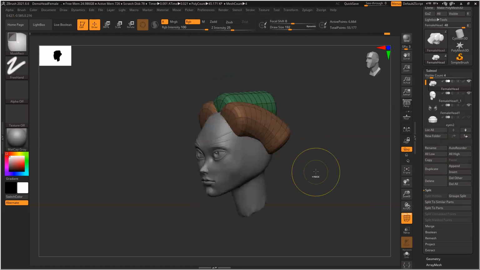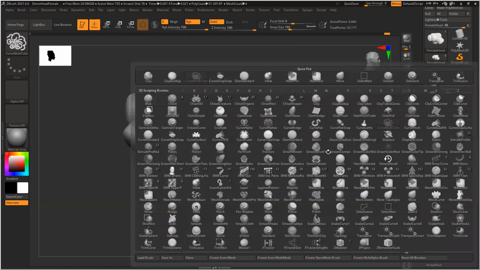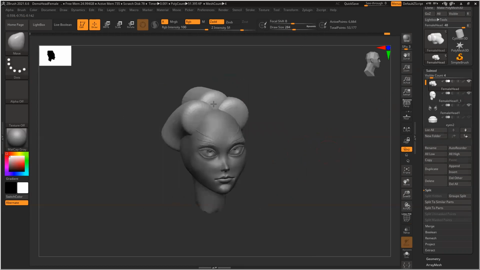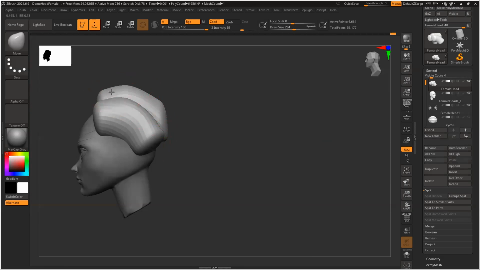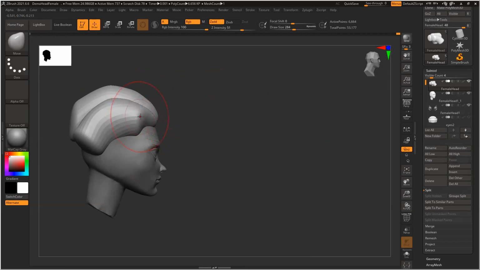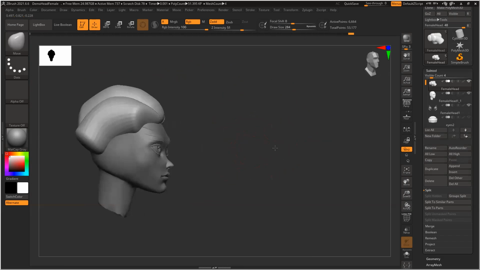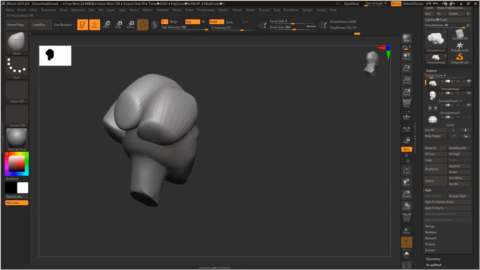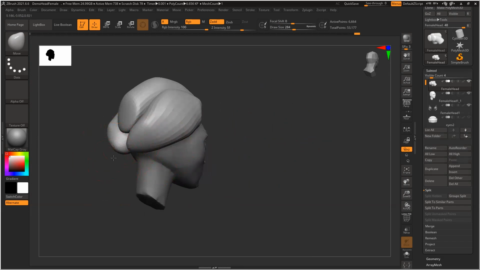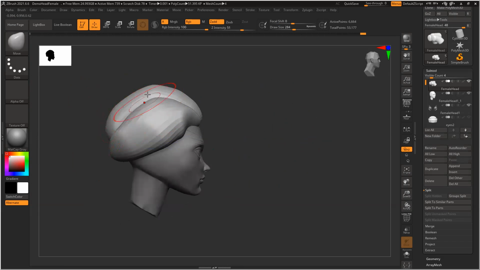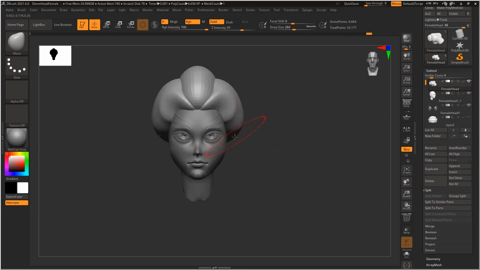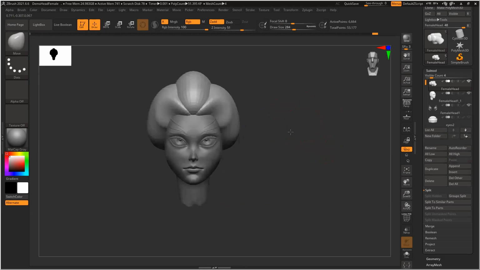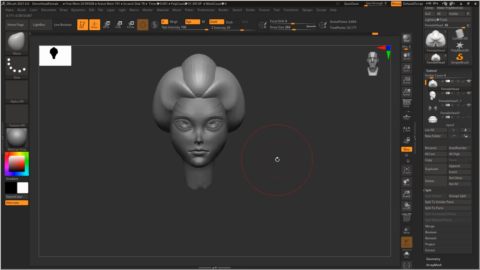This is very low poly, Control D multiple times, Shift F, B, move brush, symmetry is on, good. F9, just 9 to quick save the model.